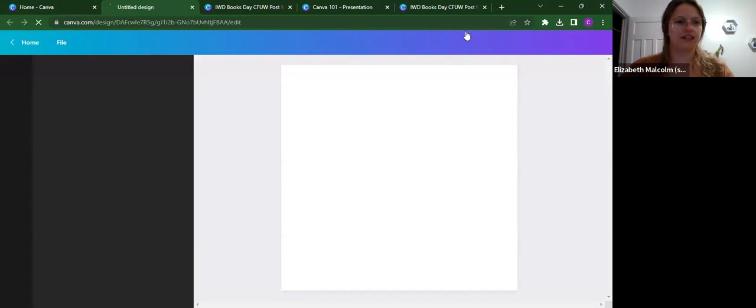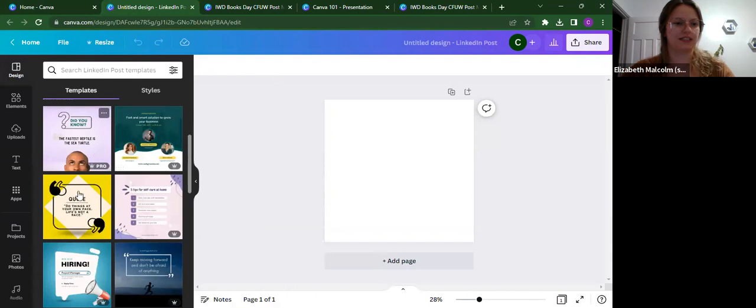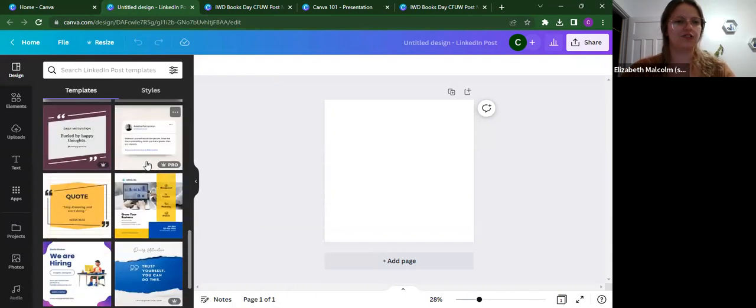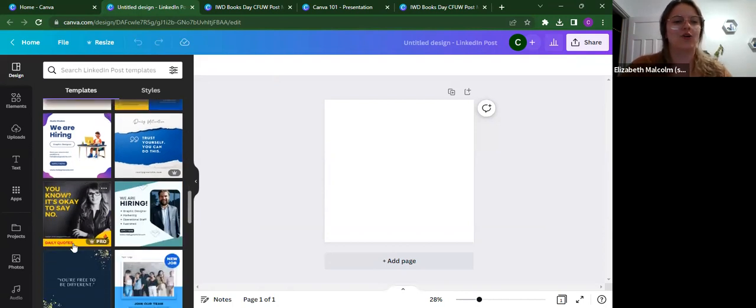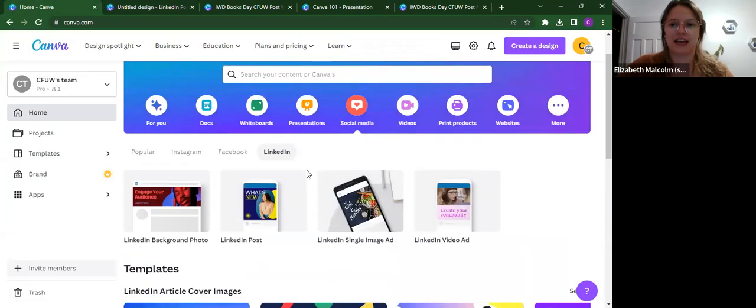As you can see, lots of templates that you can choose. And you can see that they definitely have specific templates for specific social medias. So for example, on LinkedIn, there's a lot of "we're hiring" or different kinds of quotes and stuff that is popular on that social media, as opposed to, let's say,